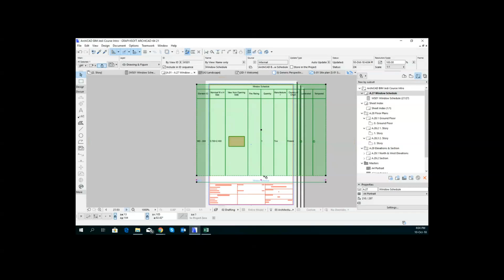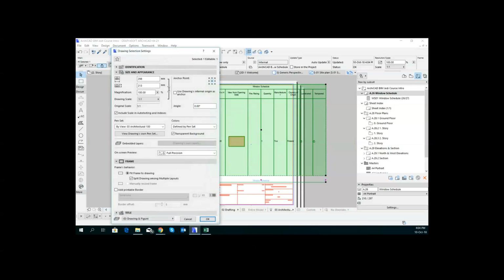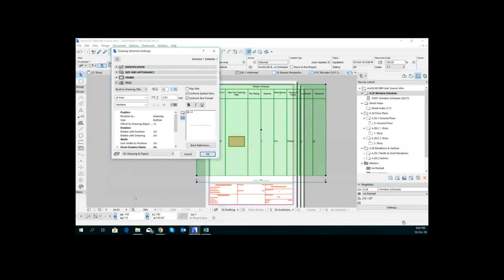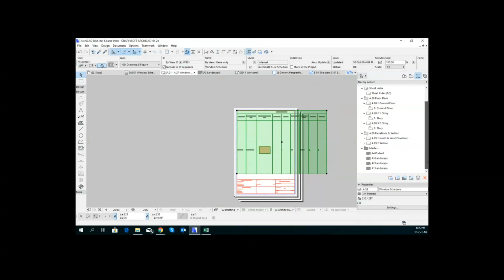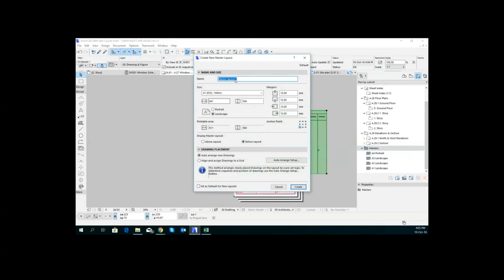Just get rid of this title. So we could set this up in a way that we would hide some of this information for this type of setup. Or we would actually turn the sheet round to be A4 horizontal, which we haven't got. So if we just create another layout here for now,